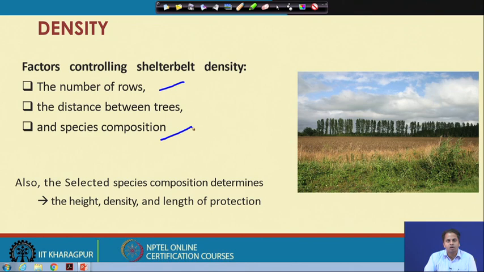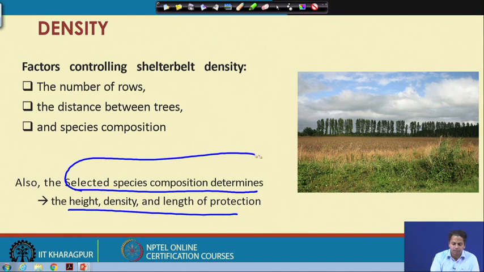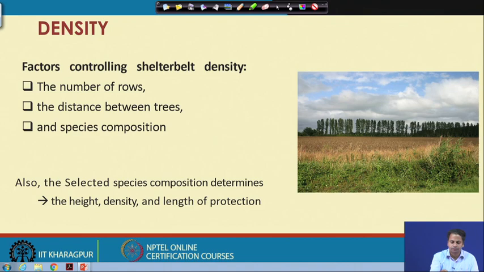So, obviously, how many rows we have used, the spacing between them, the distance between the trees, that is the spacing, and different combinations of species, like shrubs, deciduous trees, or medium density trees or high density trees. Also, the selected species composition will determine the height, density, or overall structure of your shelter belt. So, depending on the species you select for the shelter belt, the height of the structure, the density, and the length of protection will be determined. Okay.